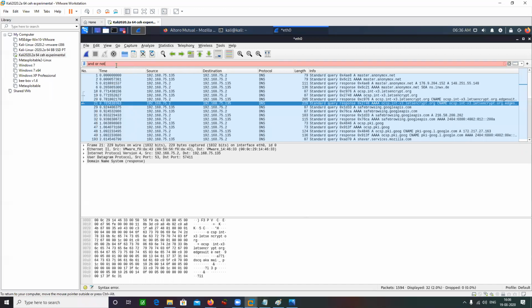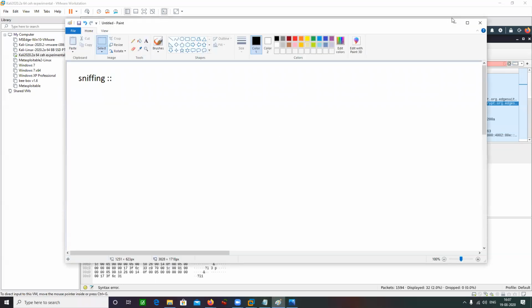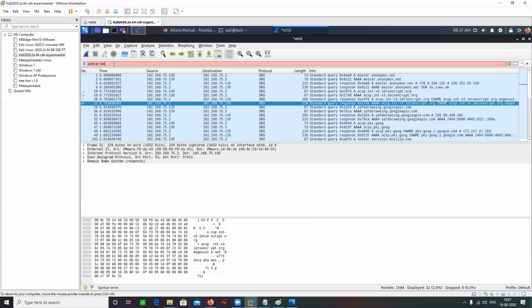These are the three operators that are available to me. How to use them? Let's say I want to see all the packets that are originating from IP address A and that are being sent to IP address B.